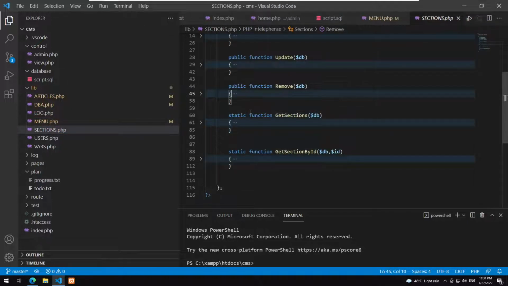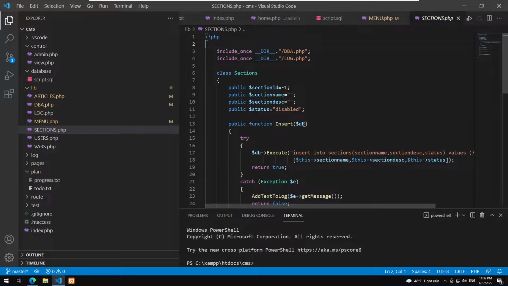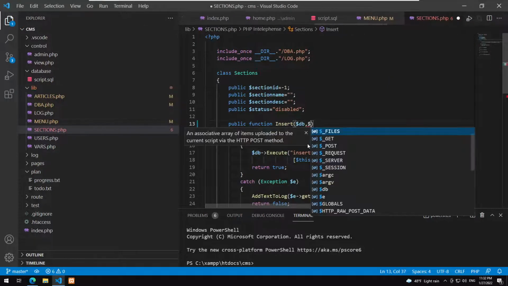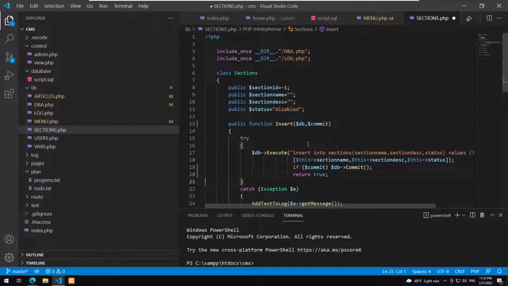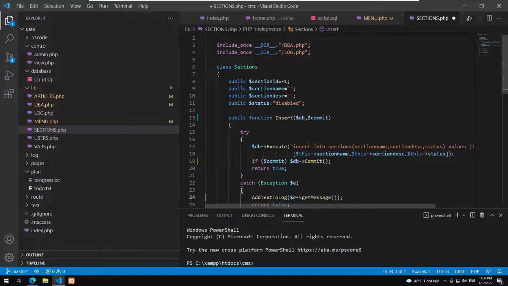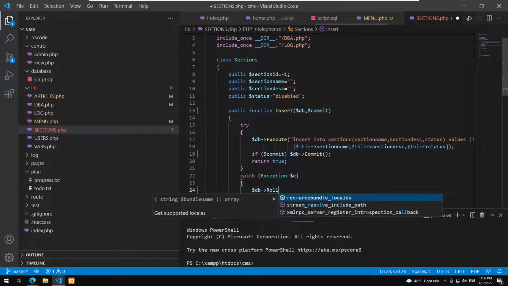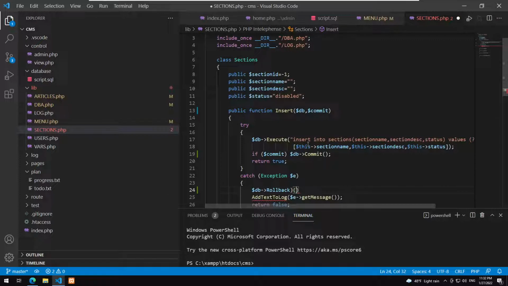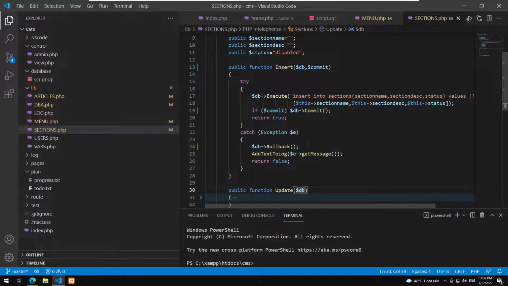Okay, same trick get executed in here. So this one, commit, okay, roll back, oops, and we save. Now this is again commit here,